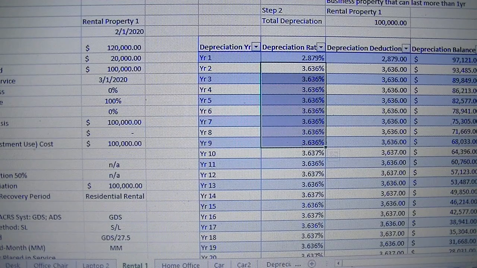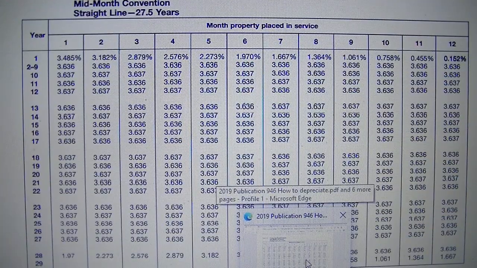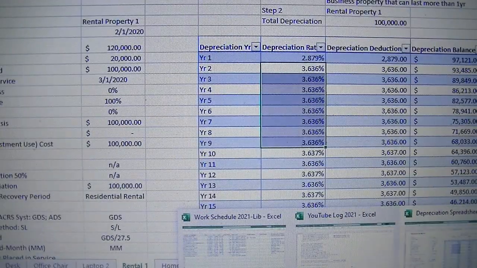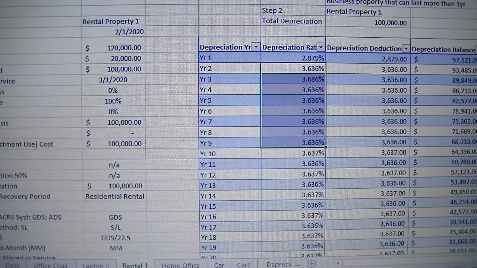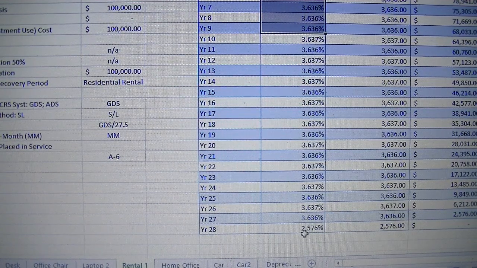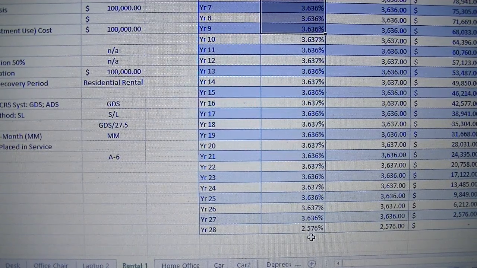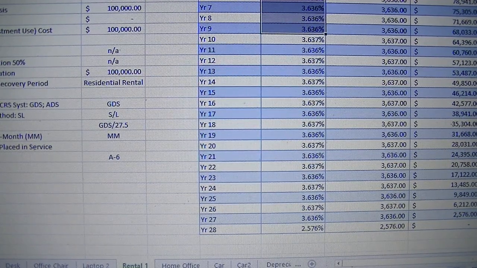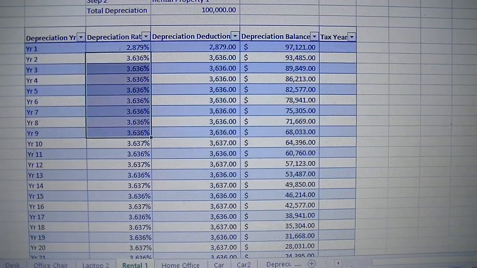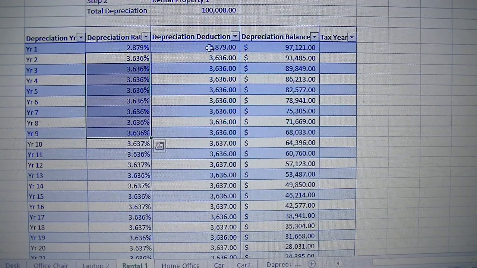Year 11, 3.636%. So it's going to alternate all the way to year 28. Under column 3, year 28 is 2.576%. And we go to our spreadsheet. Year 28 is 2.576%. So after you are done completing the depreciation rates column in your depreciation spreadsheet, it'll automatically calculate